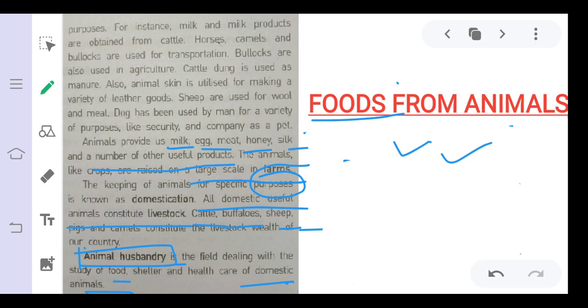So students, in this way we have finished our first chapter. We have discussed all the different agricultural practices related to crop production and how it is done. We have discussed all things in much detail. So this chapter is now finished. There is something that you have to keep in your mind, that you should revise